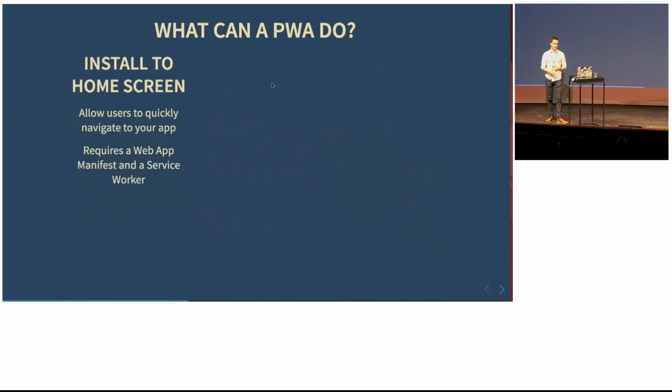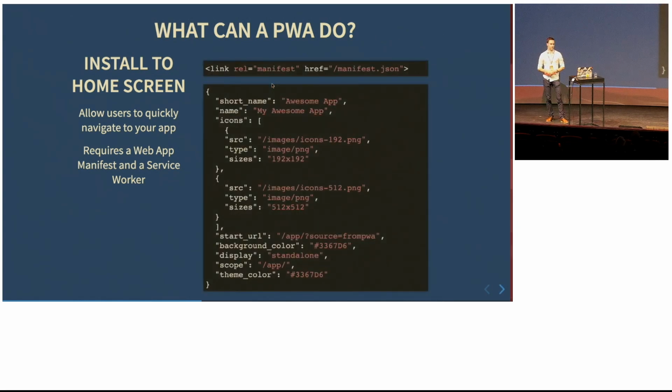So let's start with installing to home screen. As I said, it allows users to quickly navigate to your app. It requires a web app manifest and a service worker. So we'll see a little bit more of the service worker later, but this is how you make your web app manifest. You basically link a JSON file in your web page, and a JSON file contains these